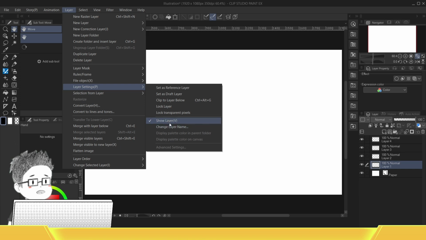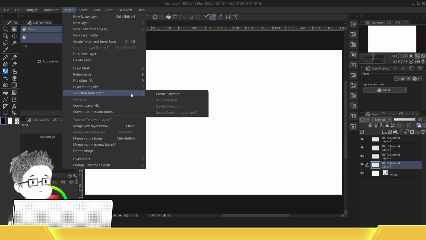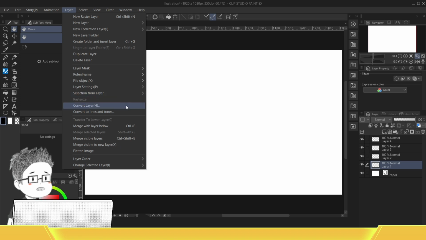the layer settings, and you can create this, and then you can click on this to create a selection, much like the lasso tool. You can convert this current layer into any other layer, convert to lines and tones, merge with the layer below. So by clicking this,